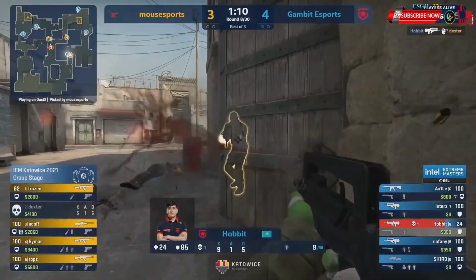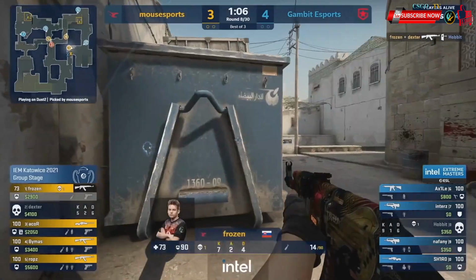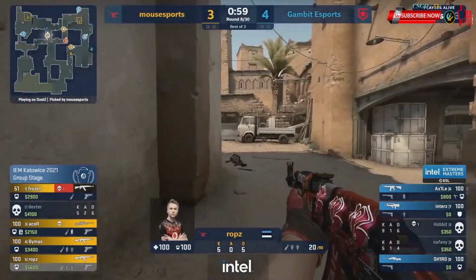Flash over, it's Hobbit up close, he needs to hold on, and he nearly got the two of them. If it was not for the door there, he at least would have done some considerable damage onto Frozen, but he gets away with 73. And with Akor catching Nafany in the meantime, suddenly this...